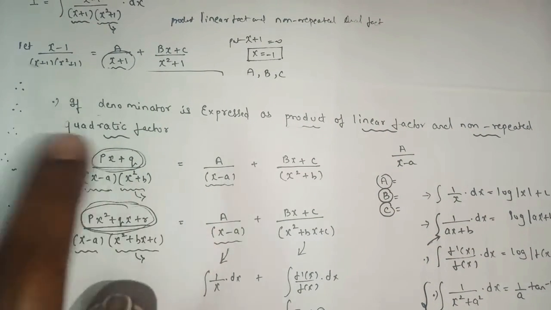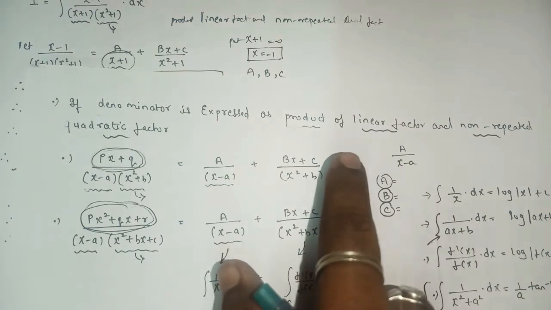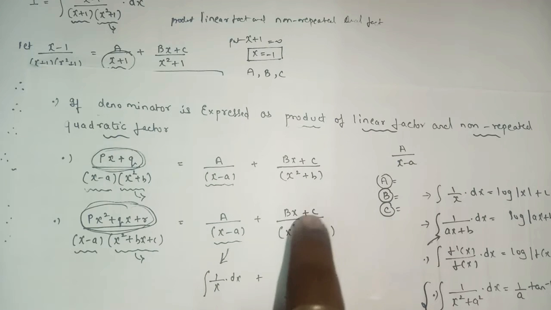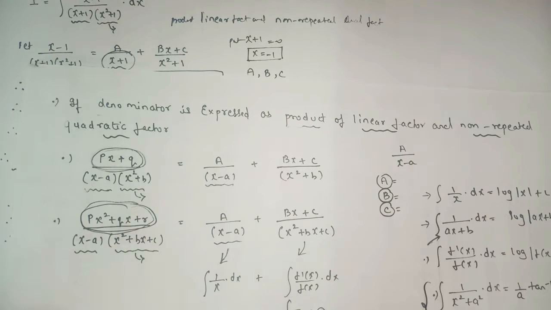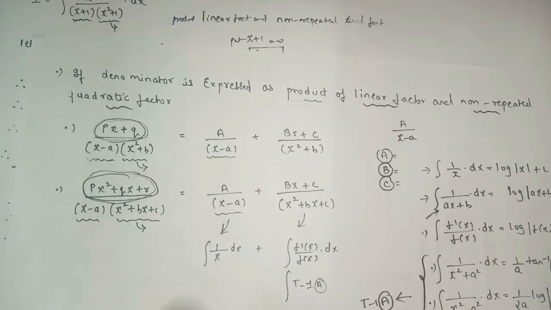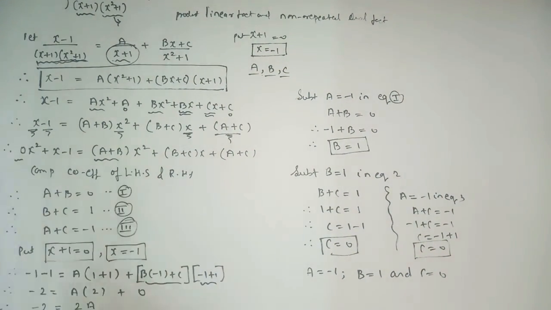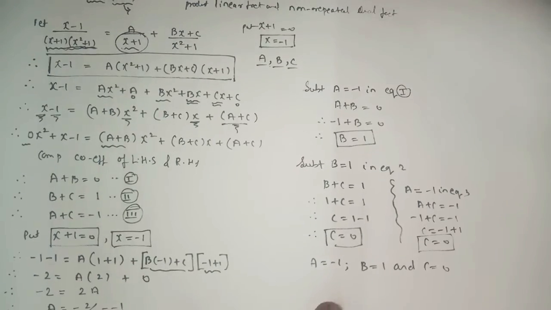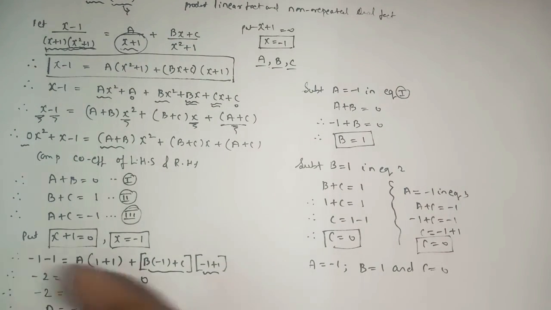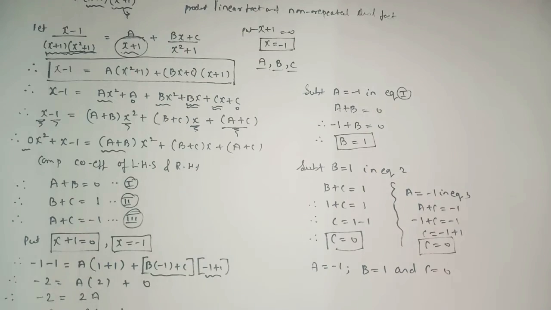Still you have to express the expression as A upon x minus a, and bx plus c upon the quadratic part. And we know that with the help of one linear factor we'll get only one value. So to find the remaining two values, this is the method of comparing coefficients, where you will get the equations. There are 2-3 different methods in which you can find the answer of A, B, C, but I feel this method is lengthy but it is safer, where you will get the value of A, B, C perfectly.